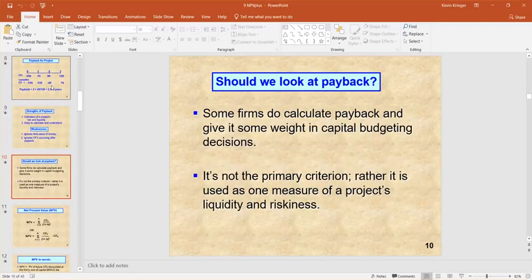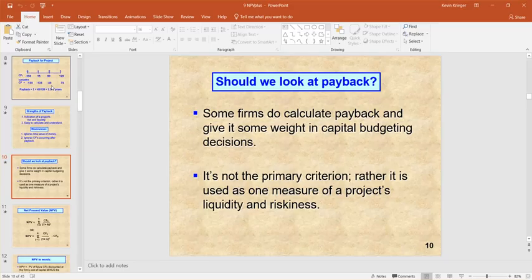All right. So do we use payback? Sure. Companies do it all the time, even recognizing its weaknesses. It can be an interesting thing to keep in mind, a factor, if you will. So it's a tool in our toolbox, and it's very easy for people to wrap their head around and understand, since it happens with household financial things all the time. But it's not the primary criteria you would ever want to consider.